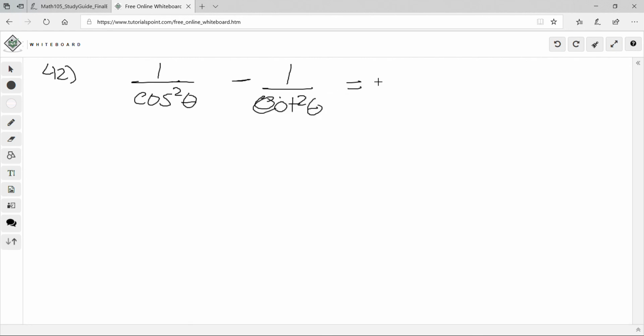We got to figure out what this means. So I know that this thing, 1 over cosine square theta, is equivalent to secant square theta minus, and then